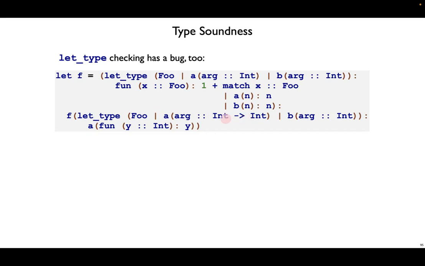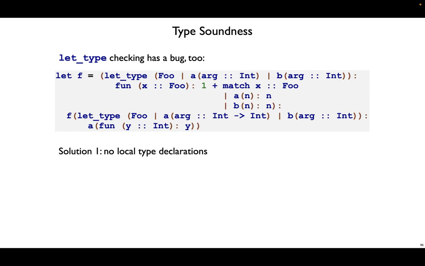Our type checker says, well, this is a foo, f is looking for a foo, so it's okay, this application might just work out. But if we look up above, the foo that the function expects has an a variant that takes just an int argument. So things are going to go wrong here. We'll match on our input, we'll see that it's an a, then return the n value on the inside. This n is expected to be an int, but from our argument down below, it's really a function. So if we were to run this, we'd be adding 1 to a function. We don't want that to happen, not in our typed interpreter.